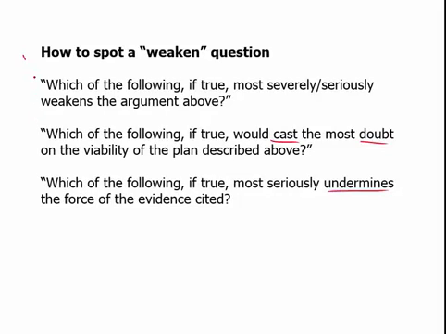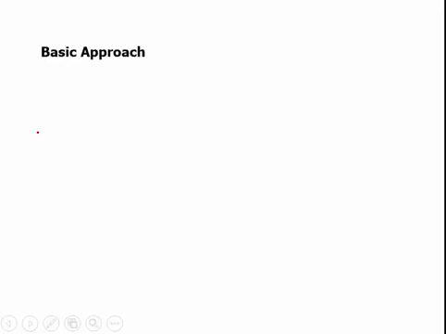Now, it's also important to note that these questions come after the paragraph. So you have a quick paragraph or prompt in which you have the premises and the conclusion. Then you have this question, and then, of course, the answer choices. Okay, now that we know how to identify a weaken the conclusion or weaken the argument question type, let's talk